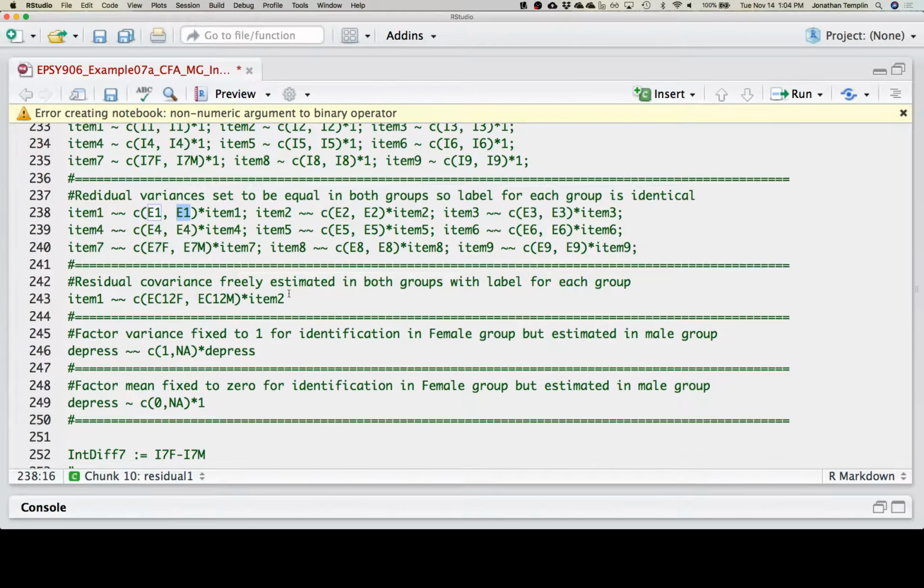So one thing I'll note, in this example, we also had the residual covariance between the two. This is item 1 and item 2. In this step, technically speaking, there's nothing wrong in testing this simultaneously, but I'm going to break it apart. So we look at the residual variances first, and then we do another step with the residual covariance. There's nothing wrong doing it simultaneously. I'm just trying to slow down what we're talking about here, right?